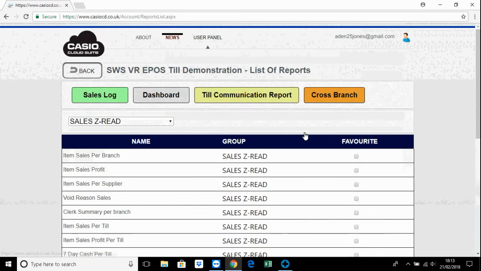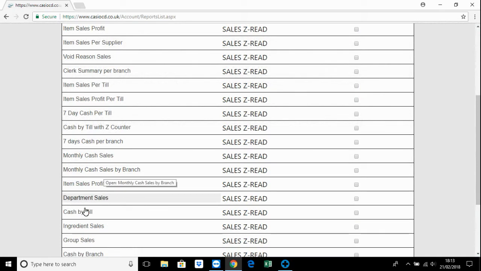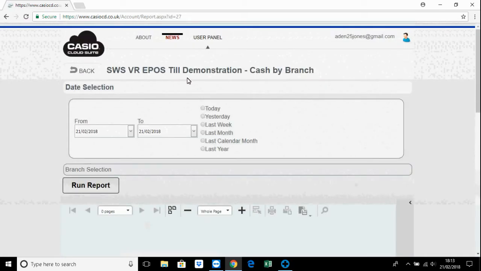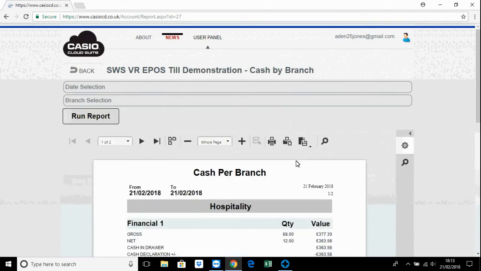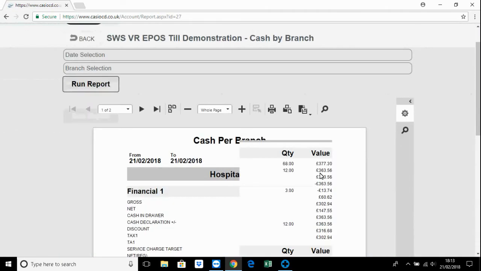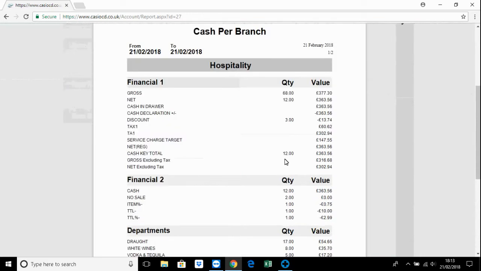So if we just look at cash by branch, so that's an end of day. Obviously the end of day you can do on the till systems, but at the same time that will come in here. So this is what a typical end of day looks like. You've got gross, net, you always go by your net,